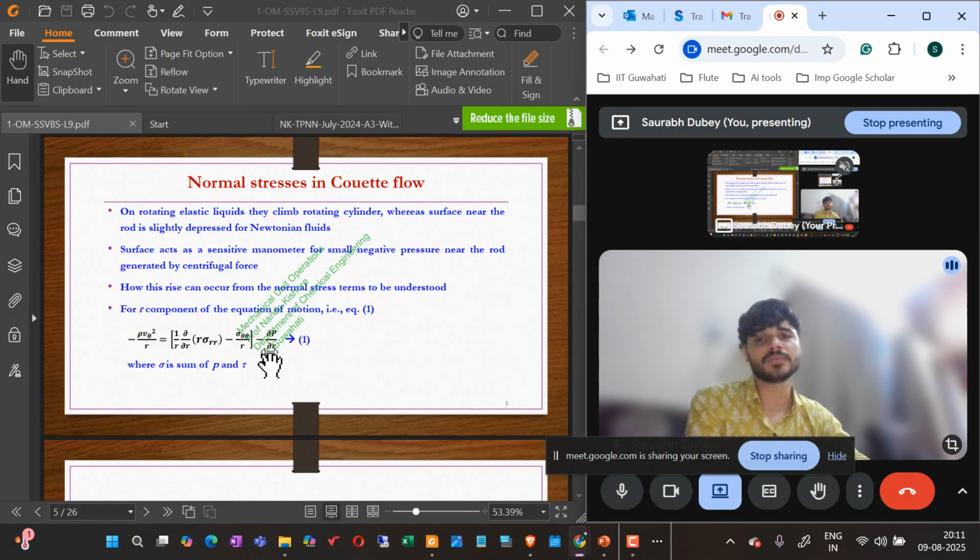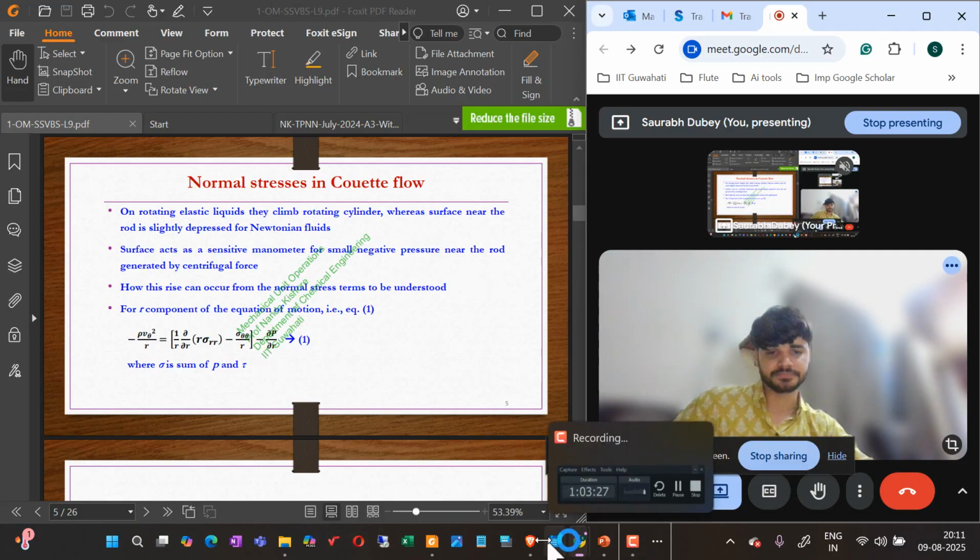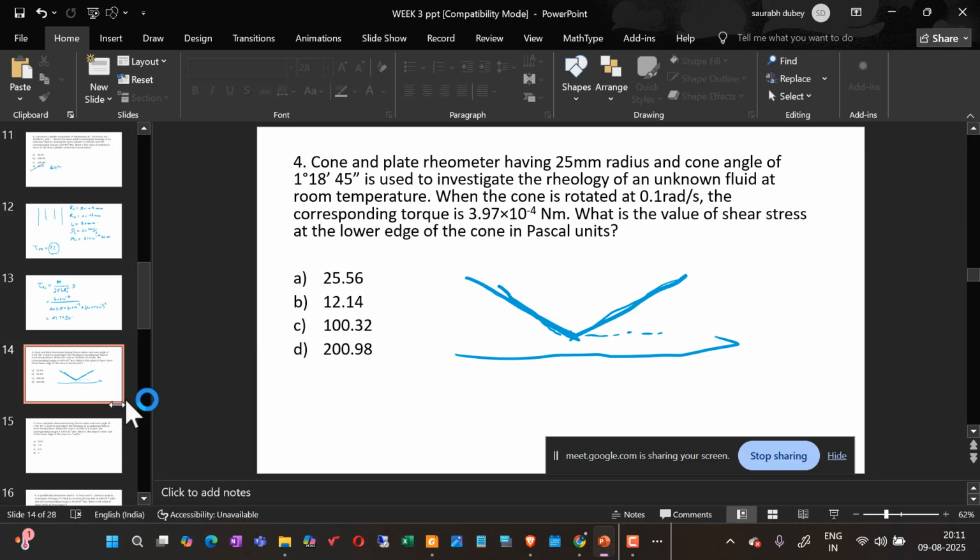Okay, so normal stresses in fluid flow. Rotating elastic liquids climb the rotating cylinder, as in the video we have just seen, whereas the surface near the rod is slightly depressed for the Newtonian fluid, right? So this climbing phenomenon, if you see here,